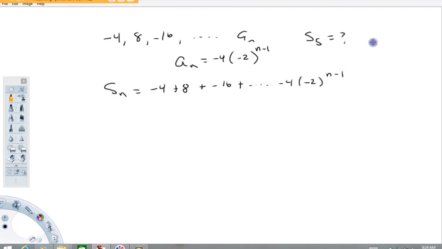Then remember our trick here. Multiply this thing by r. Now in this case, r is -2, so we're going to have -2 times s sub n equals. When we multiply that by -2, we get 8 plus -16 plus, forgive me for not putting parentheses in,